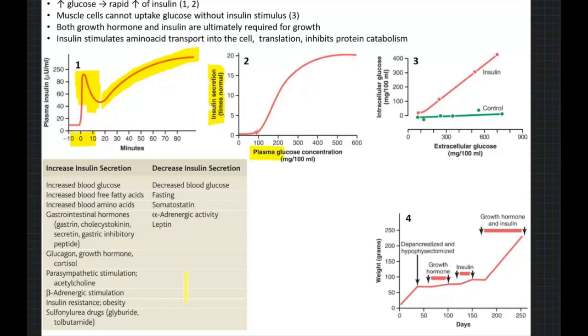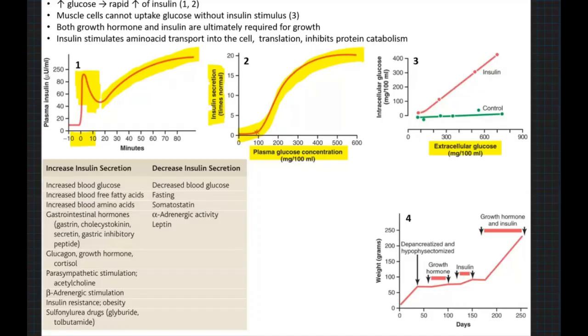The more glucose ends up in your blood, the higher the levels of insulin that your pancreas is going to generate. Now, what's really cool is that you can see that if you increase extracellular glucose,